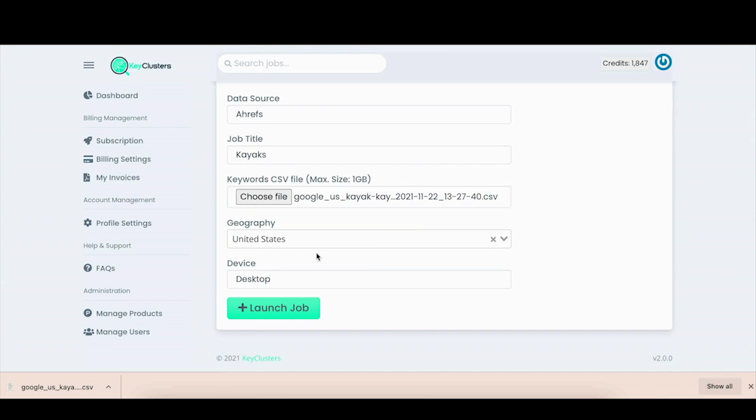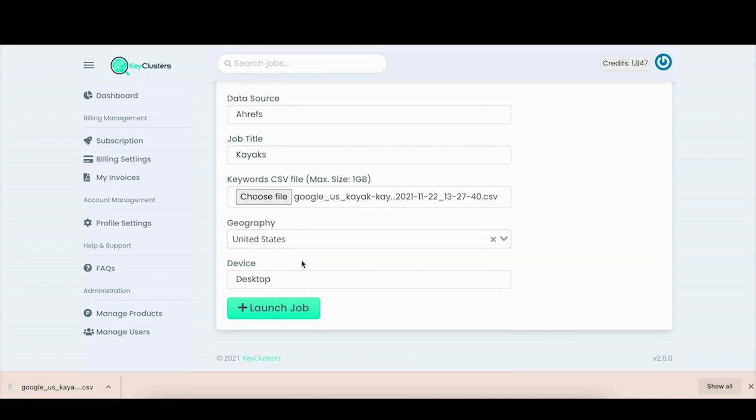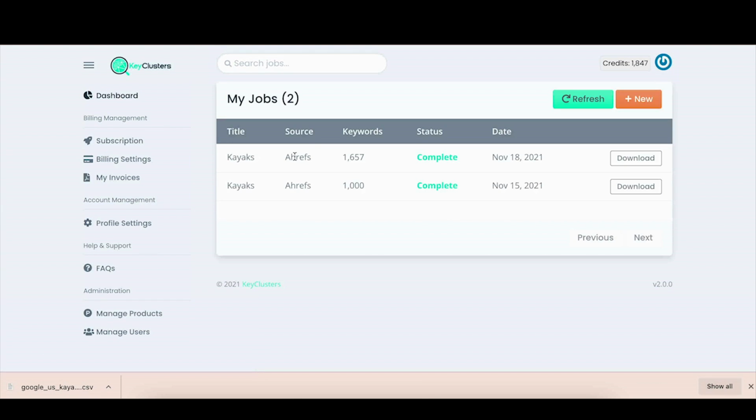Importantly, you can choose where you want to geolocate the SERP analysis. So obviously the SERP results are different in every single geography. So it defaults to the United States, but if you're specifically targeting the UK, you might set it to the United Kingdom or whatever country you want to set it to. Every single country is there. And as we know, the SERP results are different by device as well. So desktop versus mobile. So you can run it on any device as well. So once you've done that, you would launch the job, and I'm not going to do that obviously because I've already run the analysis. It will take a few minutes to do the analysis,